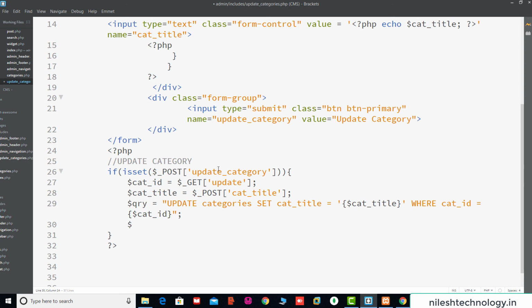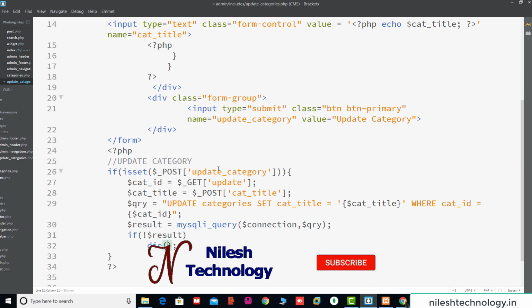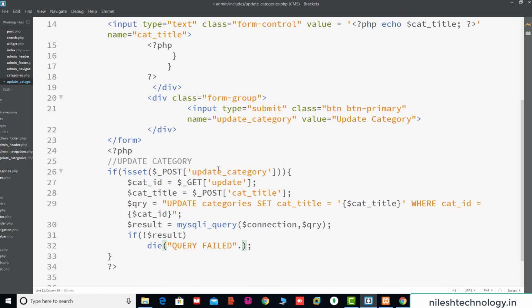We execute this query, result is equal to mysqli_query connection and your query. If you have some error in your query, then here we print the error message by using die. This is the query failed. And here we print mysqli_error connection. Save these changes.